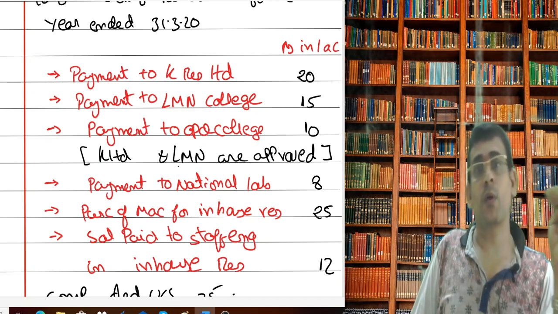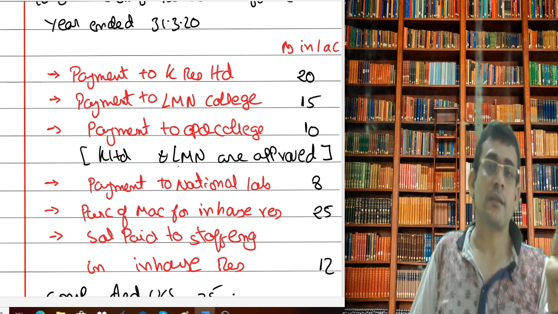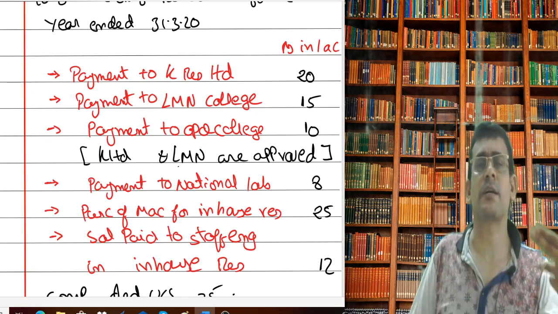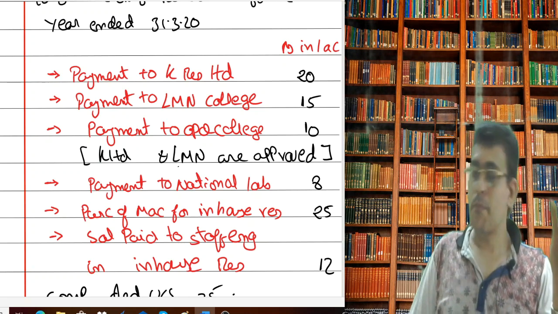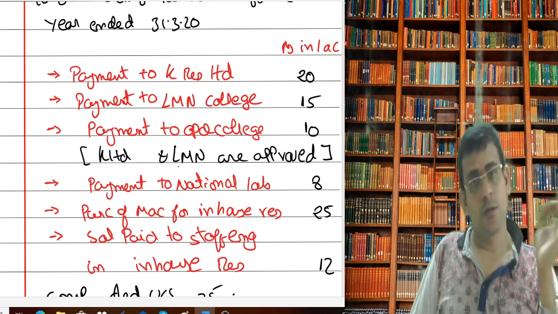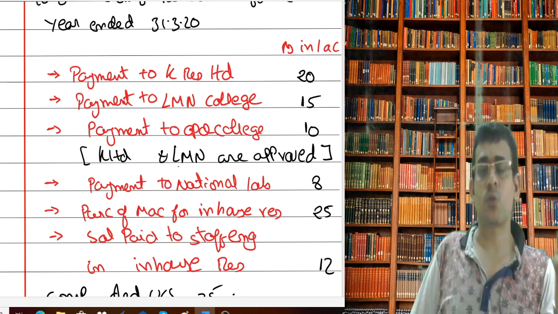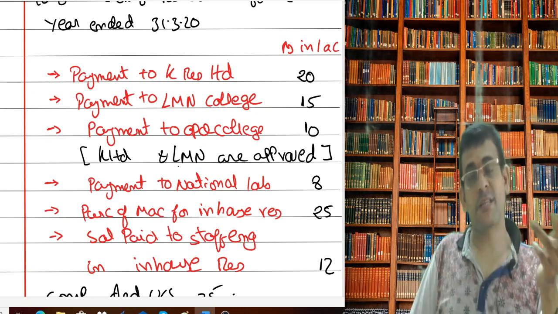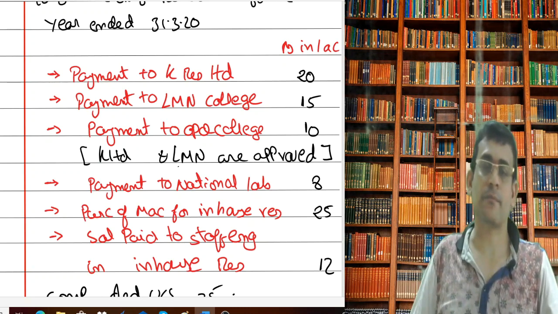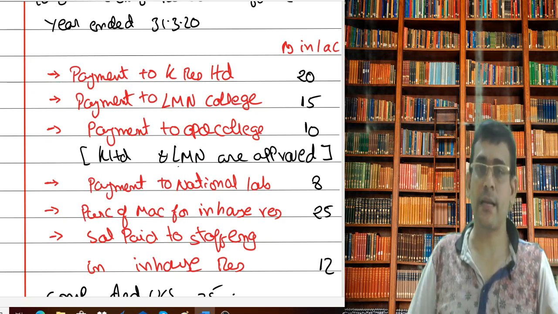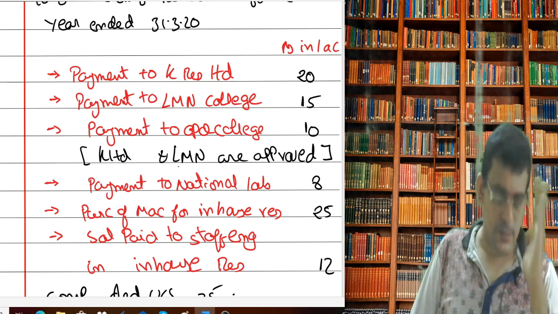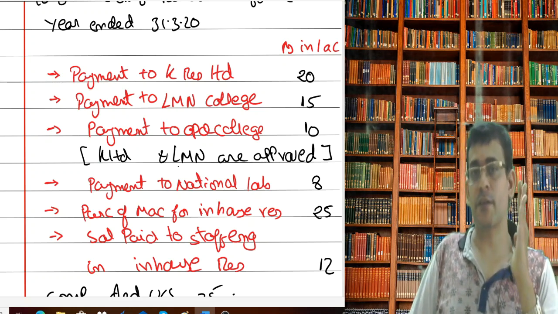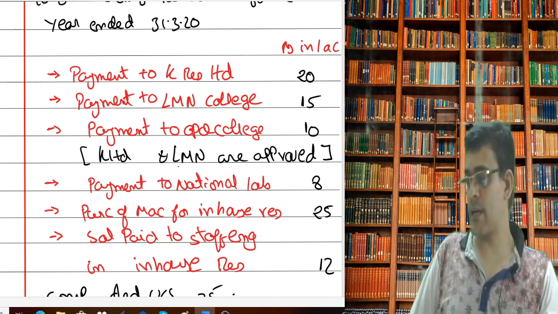If 35 2AB is applicable, then what is the case there? 35 2AB says that 1.5 times of the expenditure incurred is allowed as reduction. But here, Mr. Praveen is not a company. So as he is not a company, I cannot apply section 35 2AB. But what can I apply? Purchase of machinery is a capital expenditure. As that amounts to capital expenditure, I can take that as reduction under 35 subsection 1 clause 4. Whatever capital expenditure is incurred for scientific research, 100% of that expenditure can be taken as reduction.